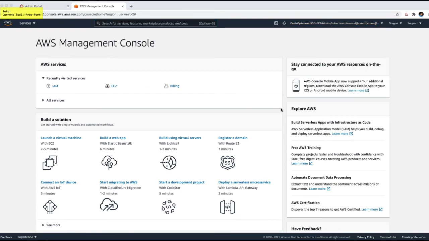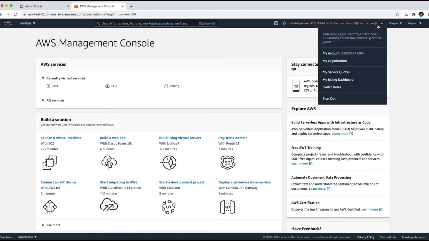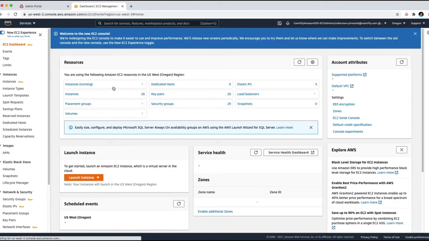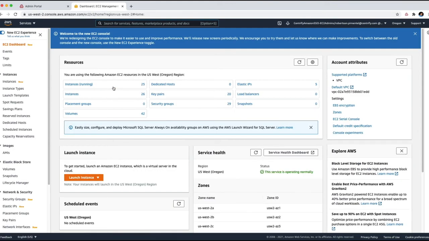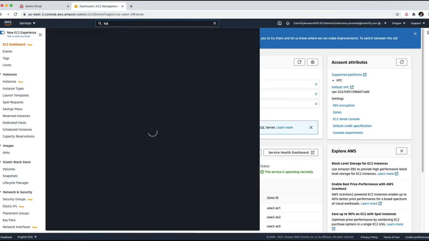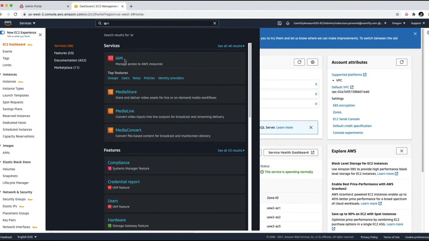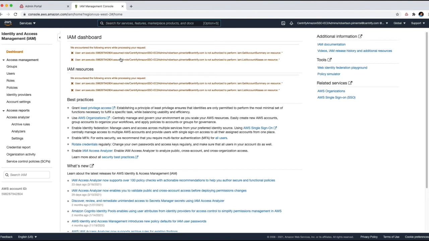As you can see, I'm just a federated user coming in from Active Directory. So what does that mean to me? It means that I can go and do my EC2 activities, but should this be an exclusive role, this limits my ability to do other things. Like, for example, if I want to go and do some IAM activities, my access to perform those is going to be denied